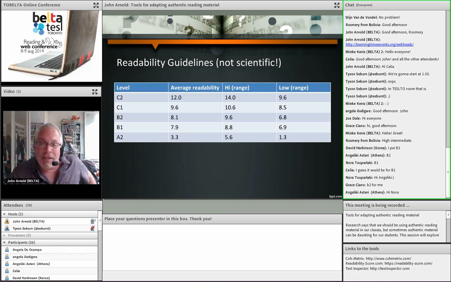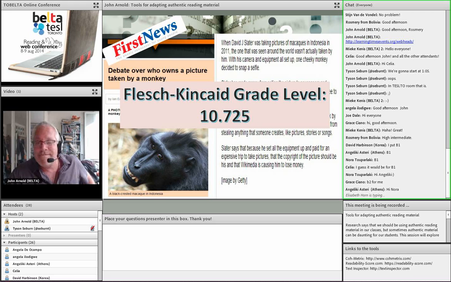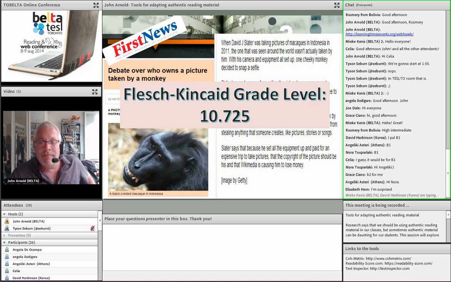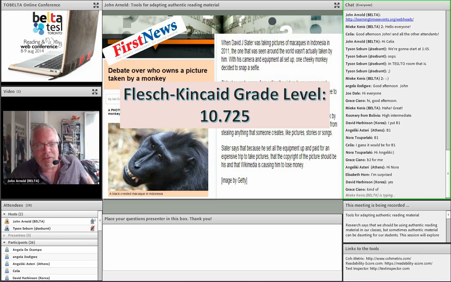Which is very, very interesting, because if you wanted to use this with your students at an A2 or B1 level, they may have a harder time comprehending the text than we would actually think. So, does that surprise anybody? Elizabeth surprised? David surprised? Yeah, sometimes the shorter texts, especially coming from newspapers, have a higher readability than we imagine,